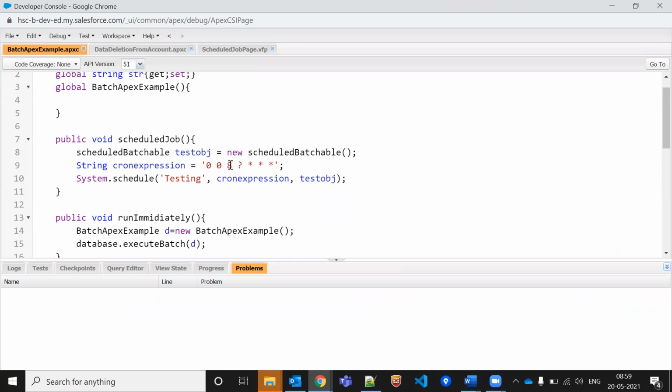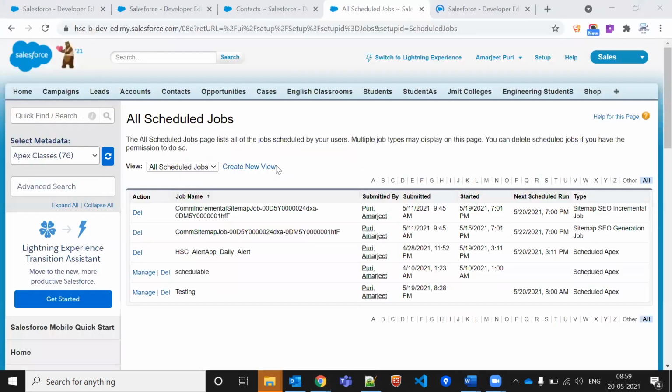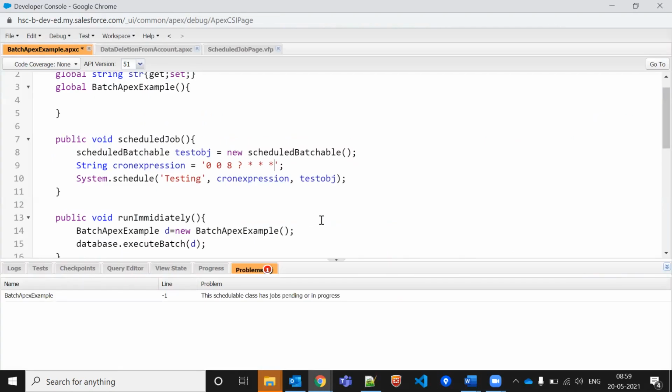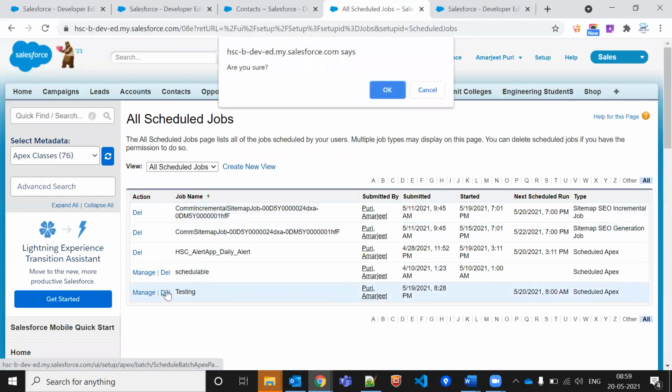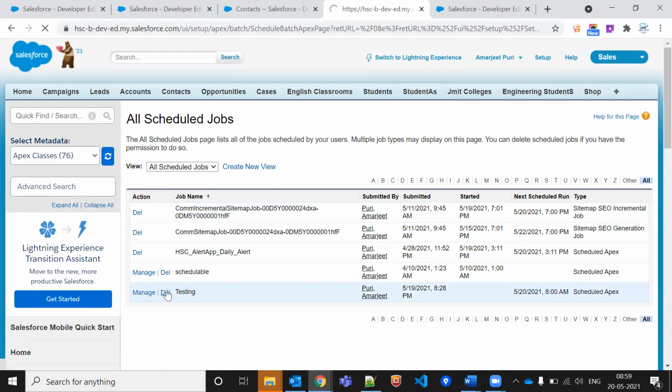Okay, this is on an hourly basis. If you want to do it on a monthly basis or a yearly basis, that is possible too. If you go slightly to the right side, that will decrease the number of things. So let's say I'm making it 1 2 here, accordingly you can change the timing. And this is a cron expression. Generally in the background it is a scheduled job. This is an expression which Salesforce is running behind the scenes. You got it or not?